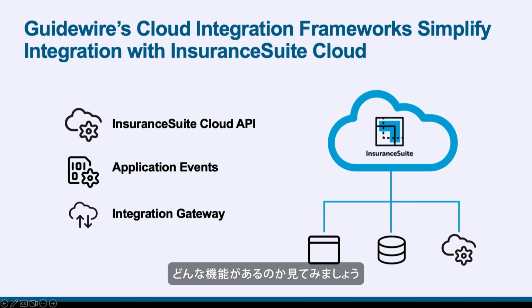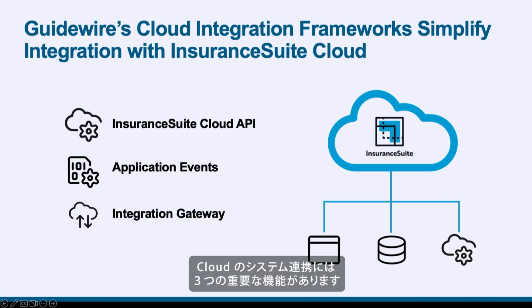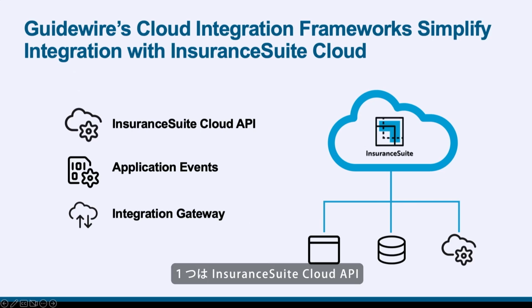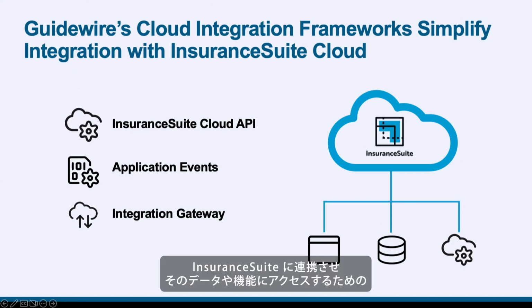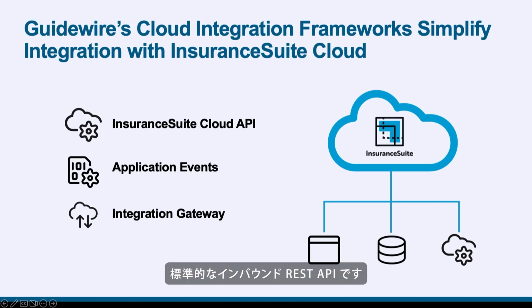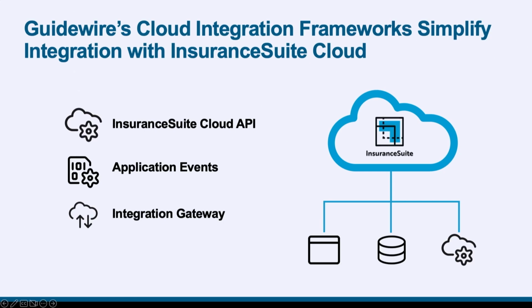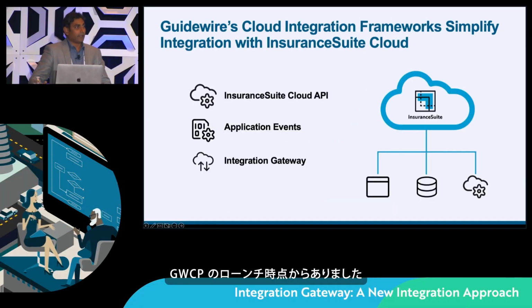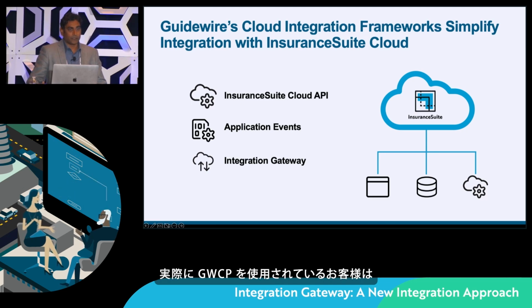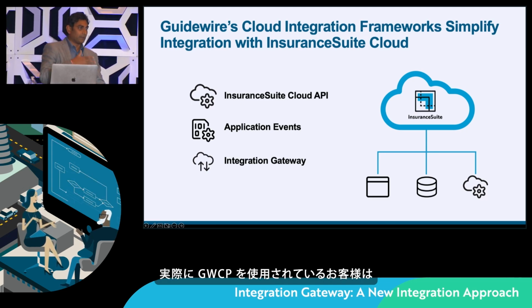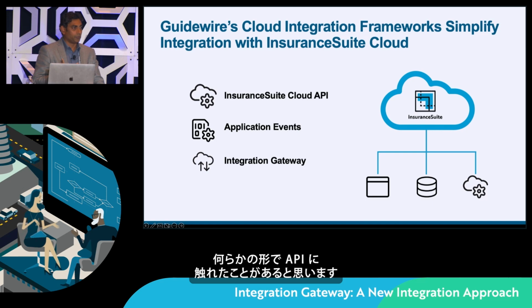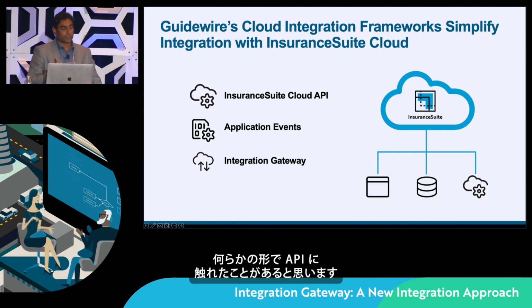So let's zoom into this Cloud Integration Framework, what the capabilities are. Basically, Cloud Integration Framework has three key capabilities. One is the Insurance Cloud API. This is a standard inbound REST API to integrate into the Insurance Suite, to access the data, to access the functions or capability of Insurance Suite. And it's been there since the launch of GWCP, right? So anybody who is actually working with GWCP, I'm sure you have some exposure